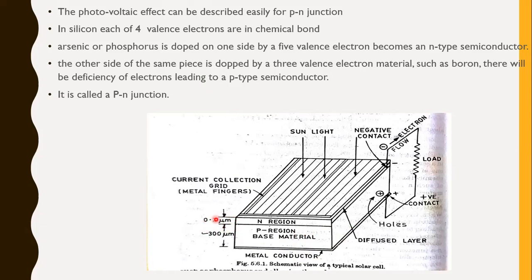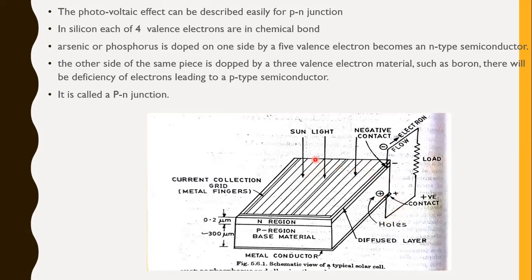Okay, so this junction is formed slightly below the planar surface of the cell, and the light impinges perpendicular to the junction. The junction will be horizontal like this, and light will be falling perpendicular to it. The positive and negative charges created by the absorption of photons are thus encouraged to drift to the front and back of the solar cells.